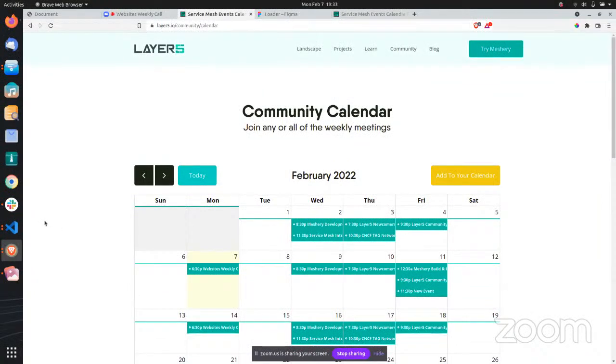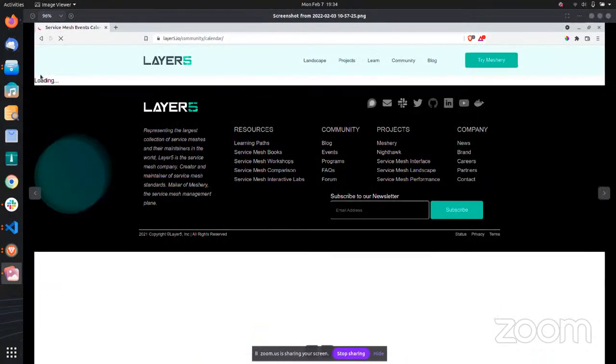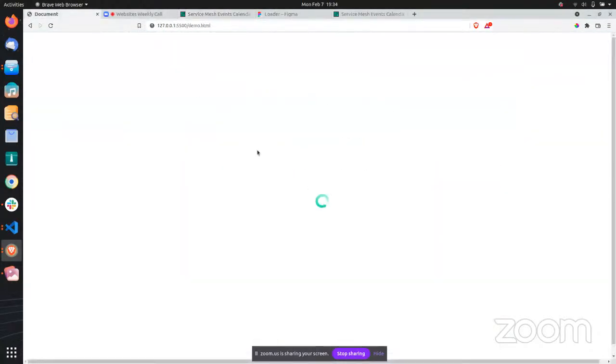Actually, in the calendar page, there is no loading animation. A few days ago, I was browsing this calendar and my network was so slow, I saw that there is no loading animation. It's just showing the loading text only. So I guess it's not a good UI. I thought there should be a loading animation, so I implemented this animation.